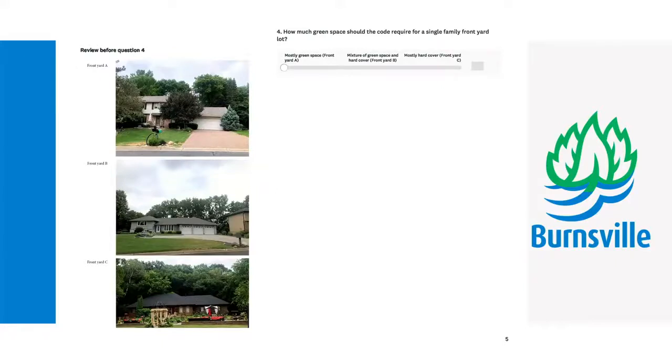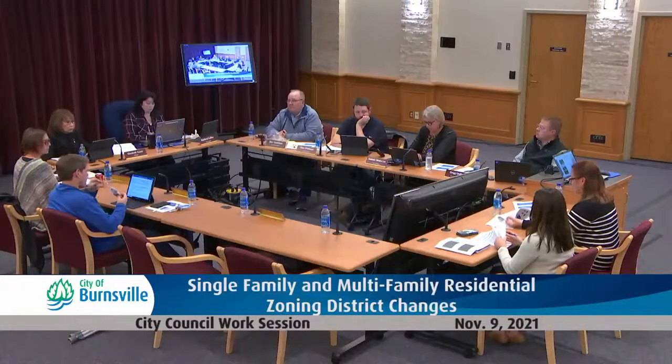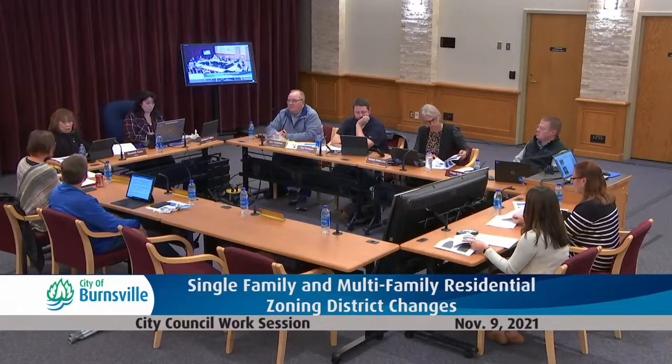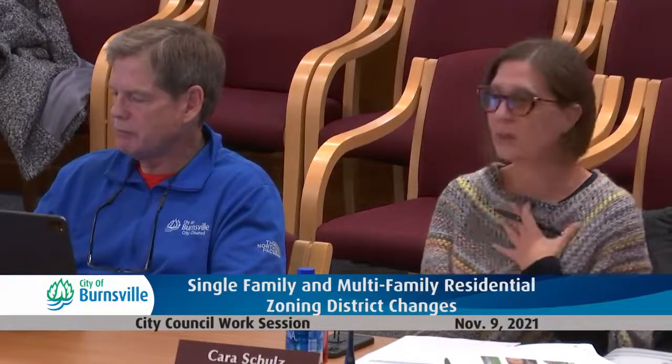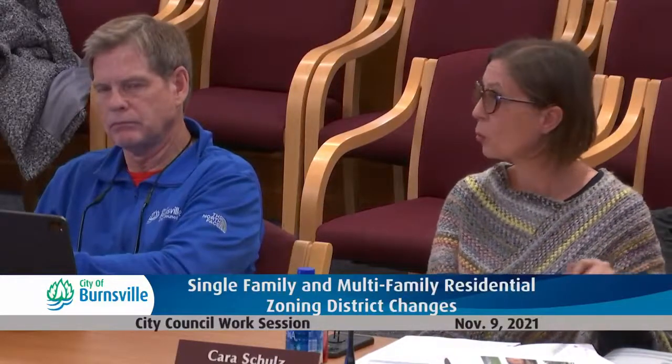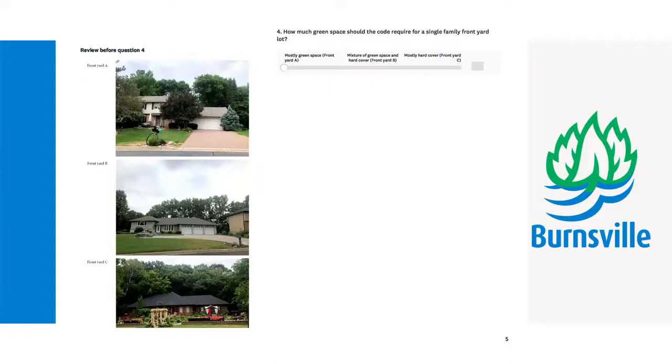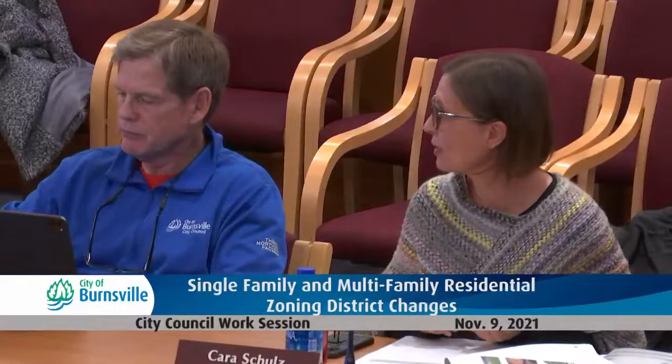So the phrasing of the question makes it appear you're going to require people to have mostly hard cover in their backyard. Because when you ask how much green space should the code require for a single-family backyard lot, and then the options are require people to have mostly green space, require people to have a mix, or require people to have mostly hard cover. So if I were going to look at that question and the answers, I would be assuming if I picked C, I would be writing into the city code requiring people to have mostly hard cover. Or if I picked B, I would be requiring my neighbor to have a mixture. So like that question and the next question,